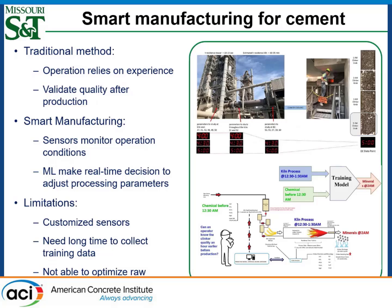You need to accept that. But for the smart manufacturer, it has a sensor at each step, and the AI platform receives the sensor data from each step, and then it can optimize the entire process parameters. For example, if the previous temperature is lower than X, it may increase the temperature for the next step, something like that. But this study shows